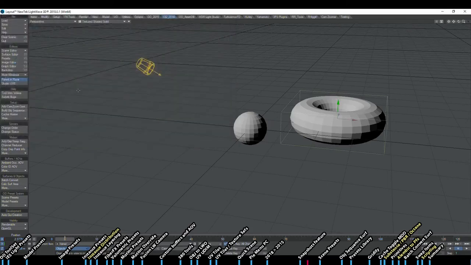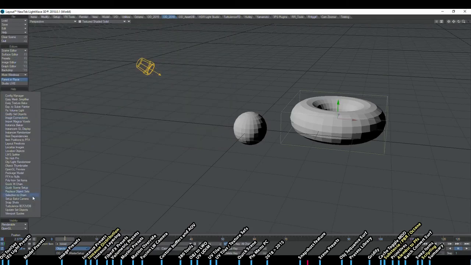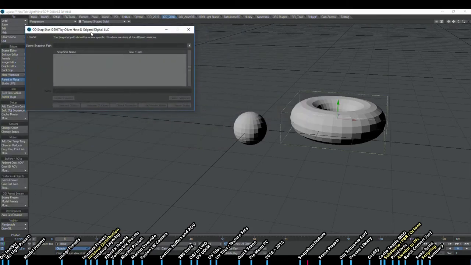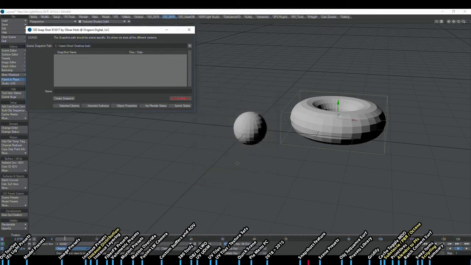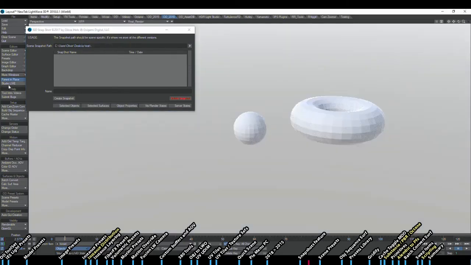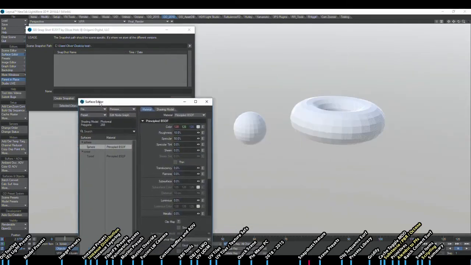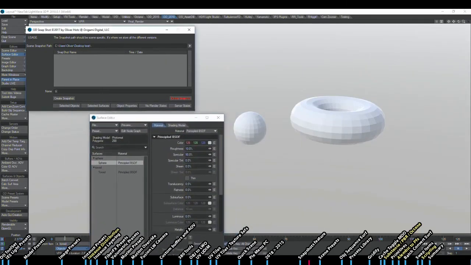And now we're going to go to the snapshots tool. So the snapshots tool is very simple. You're going to give it a path, and this path could be again on a network drive. This could be shared via Dropbox, whatever it is. And if I bring up VPR, I'm going to bring the surface editor. So at some point in time, let's just assume we're going to call this our base setup, and we create a snapshot. We can now adjust the surfaces to whatever else it is,